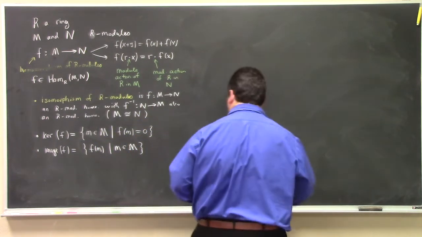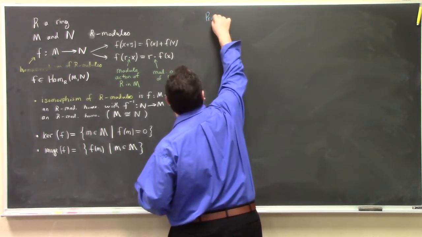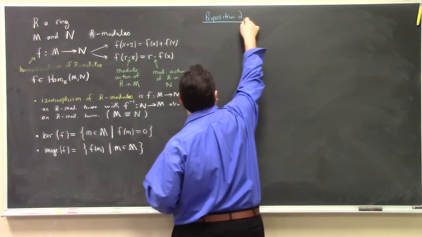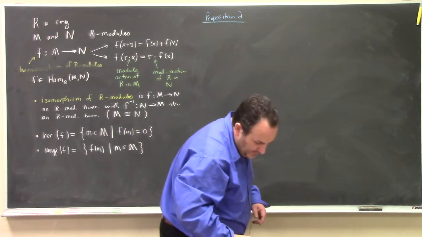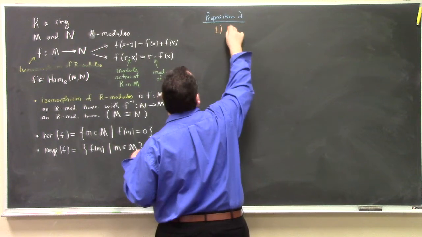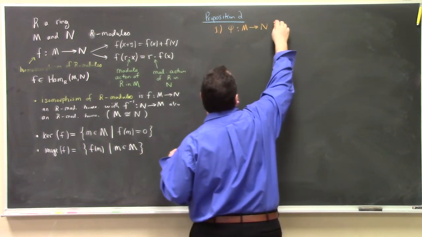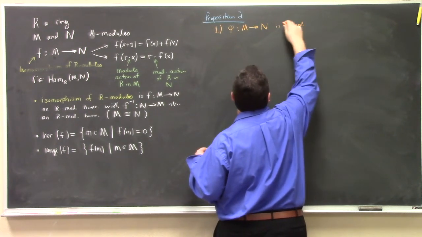Proposition 2, rather. So, first of all, phi from M to N is an R module homomorphism